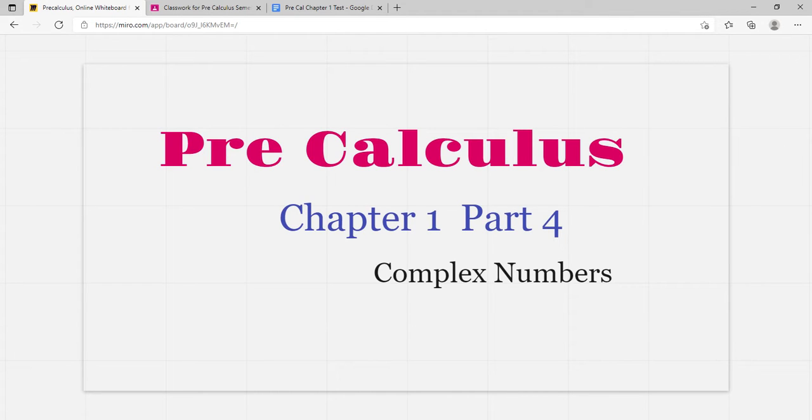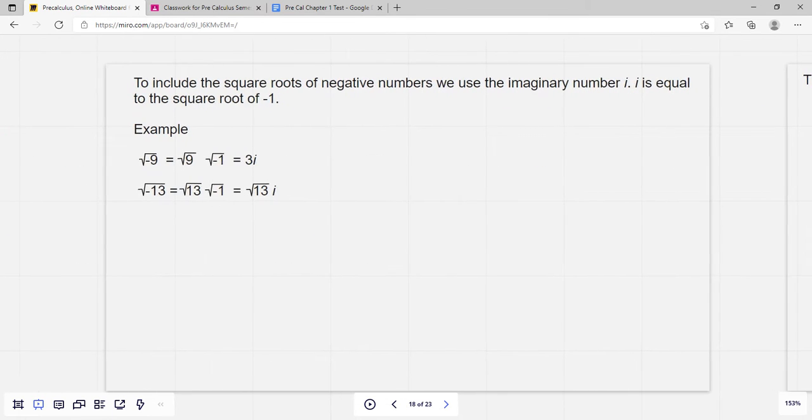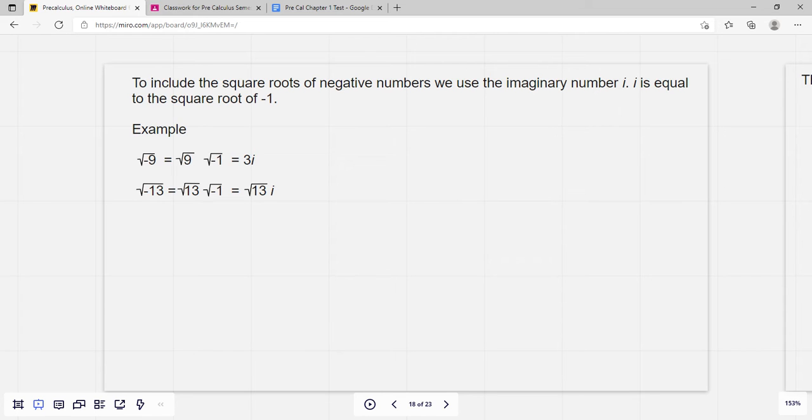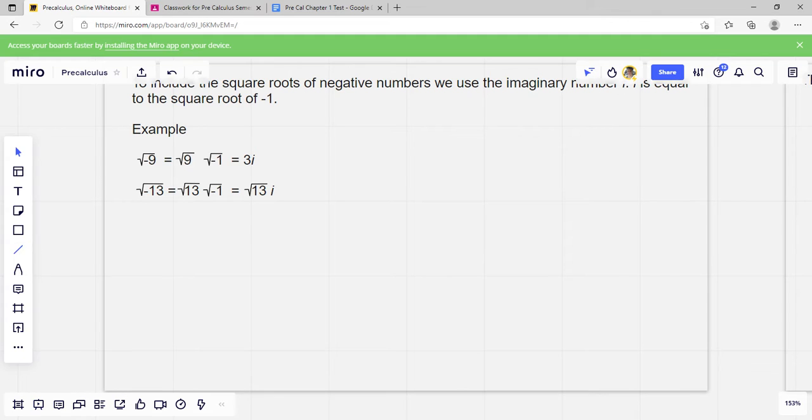Hi everybody, this is Pre-Calculus Chapter 1, Part 4, and this part covers complex numbers. And we have already done complex numbers in Algebra 2. Like I said, this whole chapter is kind of a review. Alright,